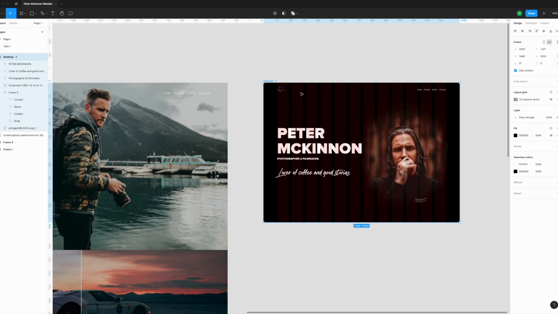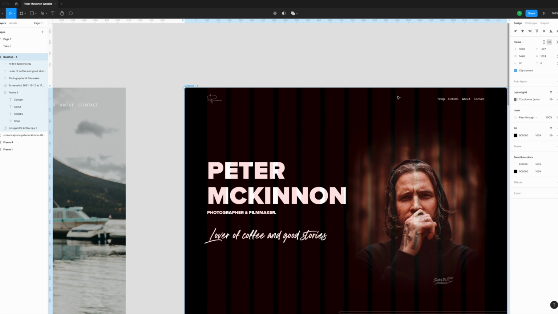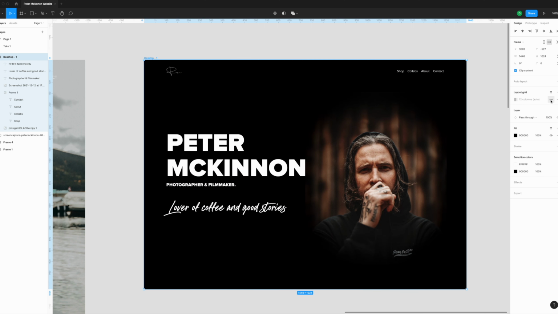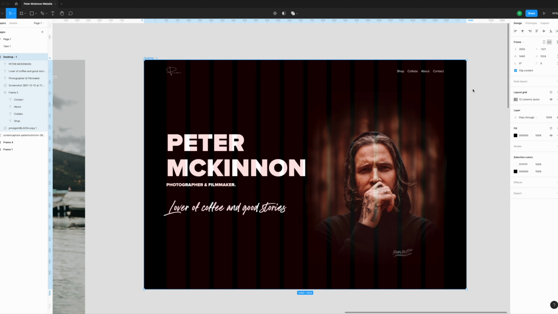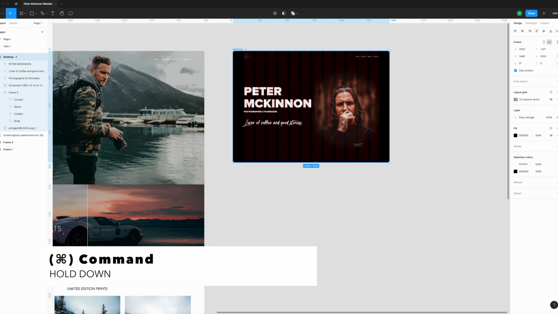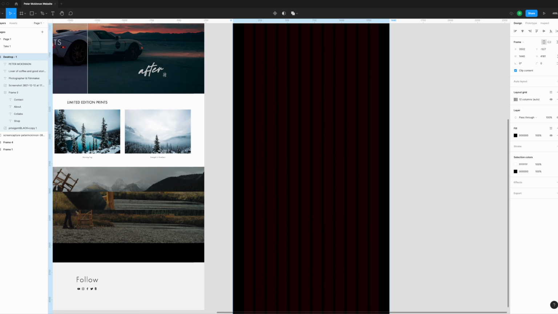So after doing this and making sure, because this is going to take the full height of the screen, so after making sure that this looks proper, this looks good, I can toggle on and off this just to make sure that everything is nice and clean. Then what I will do is, holding Command on my keyboard, I will start dragging the rest of the page so I can fit